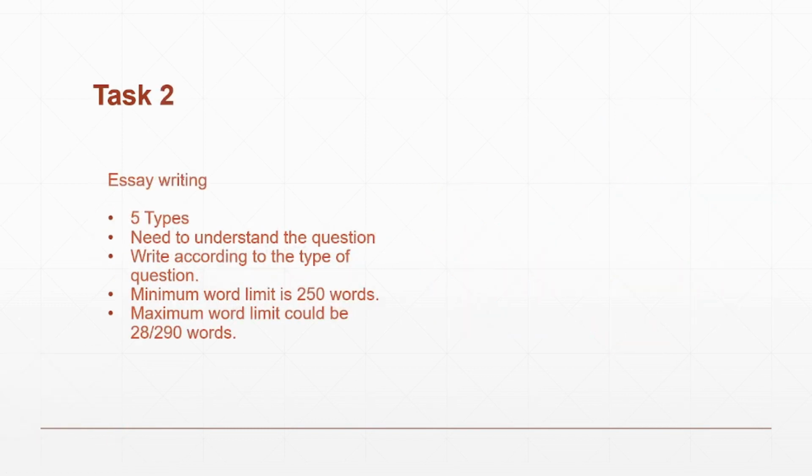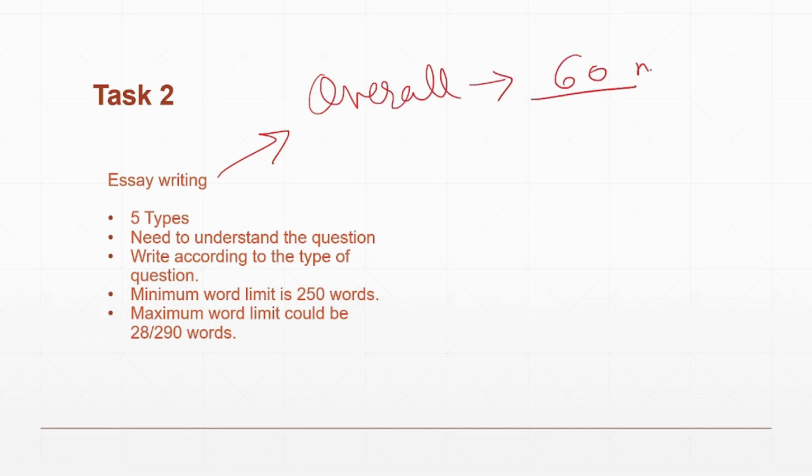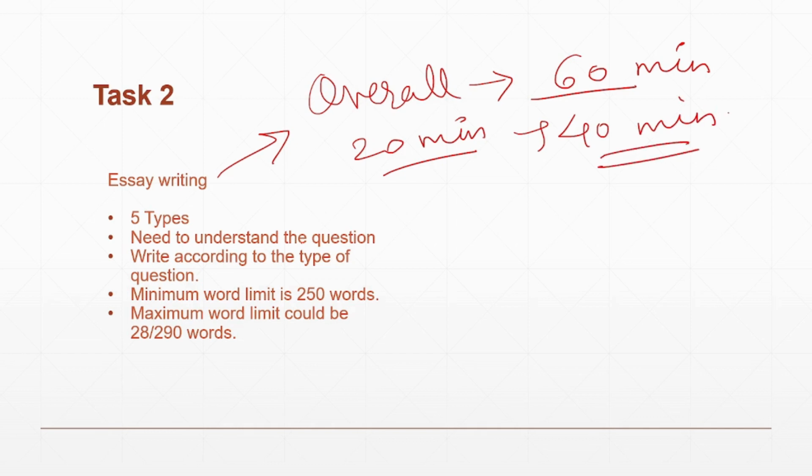Moving on with the essay writing, yes, this task has more time duration and more weightage. So the overall time which is given for the writing task is just 60 minutes. Out of which, if you consider 20 minutes for task 1, then only 40 minutes are remaining in which you have to cover the essay. Now there are 5 to 6 different types of essay for which I will make a different video in detail,